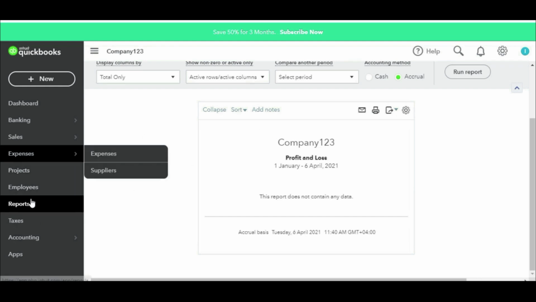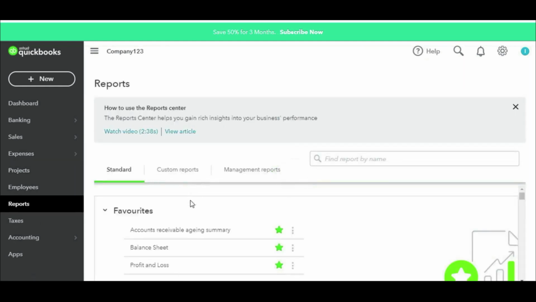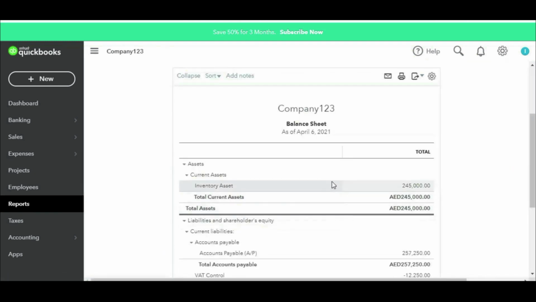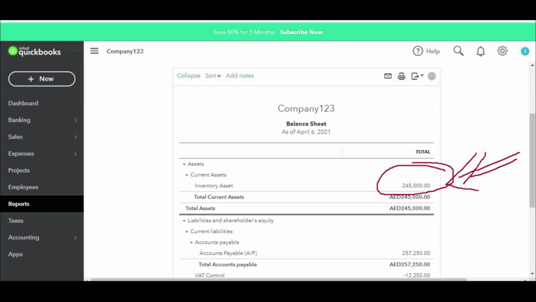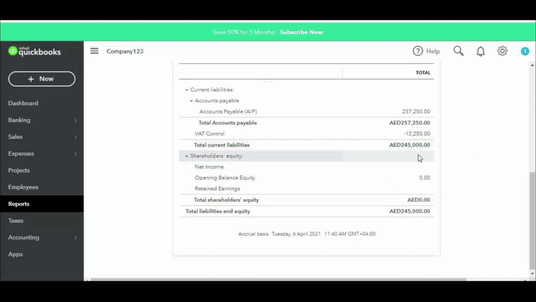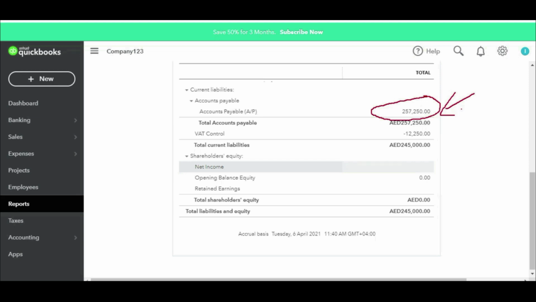Now let's see its effect on the balance sheet. In the balance sheet, you can see that we have inventory asset with 245,000, as I told you, without adding the amount of VAT input in the cost, because VAT input is your contra liability, not your asset in the inventory. And if you scroll down, you can see this is your total liability that you have to pay to your vendor. So this is the total amount that you have to pay to your vendor,